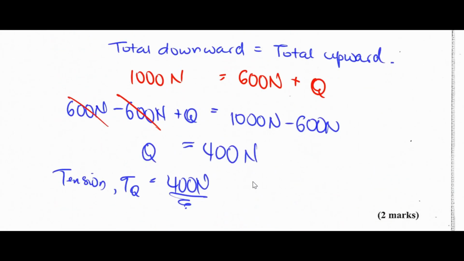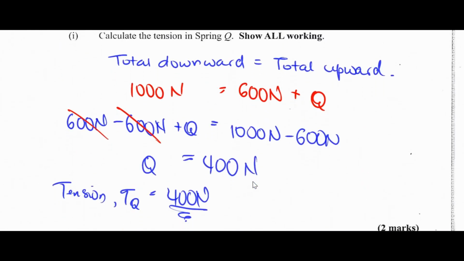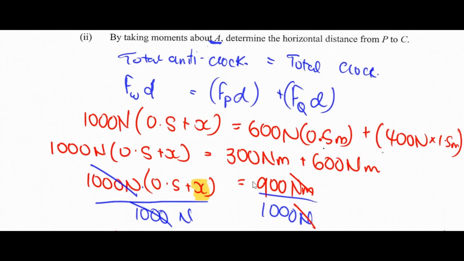So the tension in Q is 400 newtons because the total downward force has to balance the total upward force in order for the beam itself to be in equilibrium, as the question stated. And we use the moment at A. That means that we treated A as our pivot or fulcrum, and we calculated the distance from P to Q by basically finding the perpendicular distance or perpendicular arm's distance from A to C and subtracting from A to P